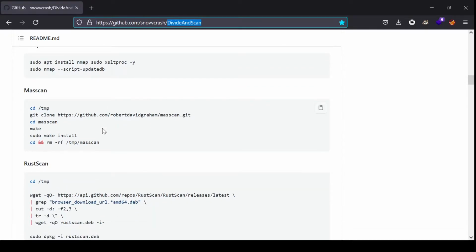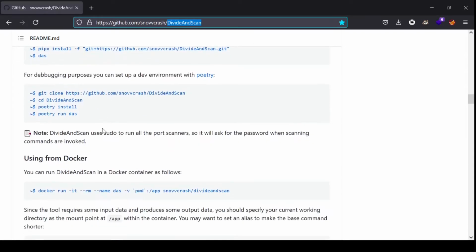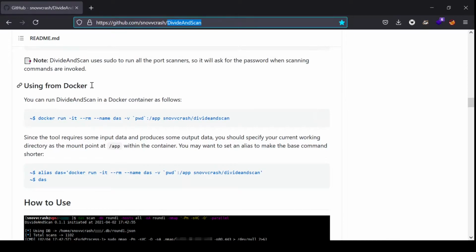There is another easier way that we can follow. That is, we can use the Docker image. It is fairly straightforward. I will show you each and every command that is shown here, and we will understand what these commands are and how they work. Also, we will see this demonstration on Kali Linux, the VM that is running on my machine here, and later on we will connect with the virtual labs.